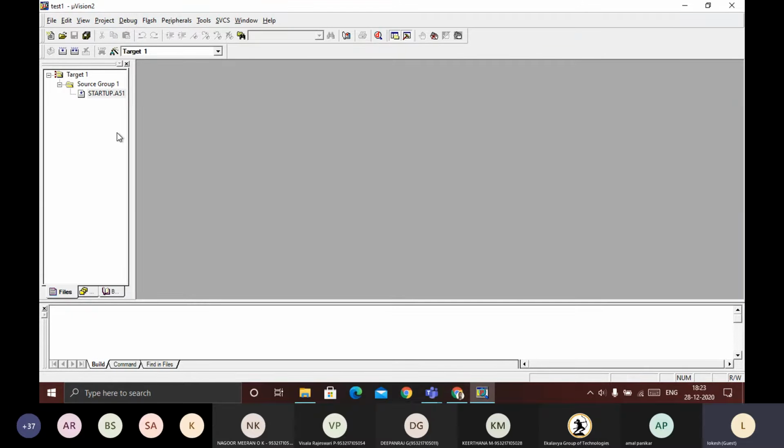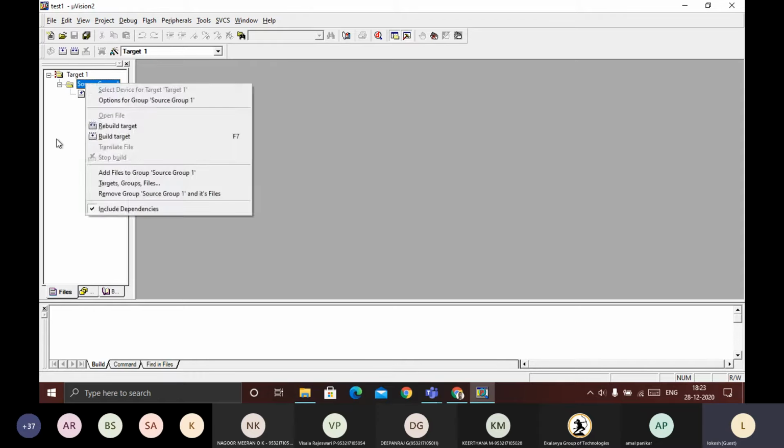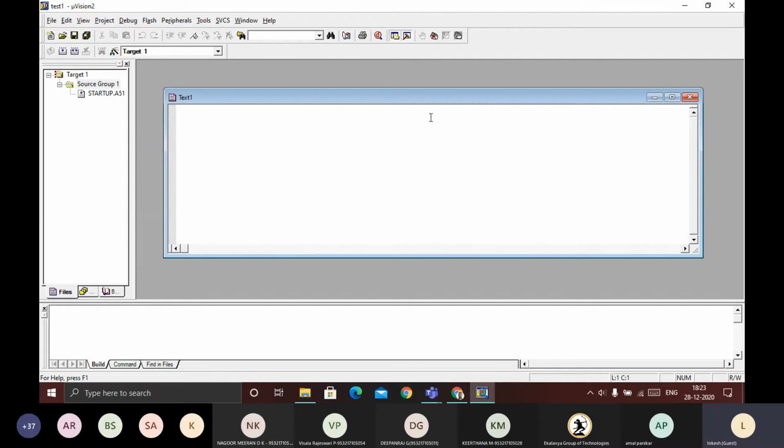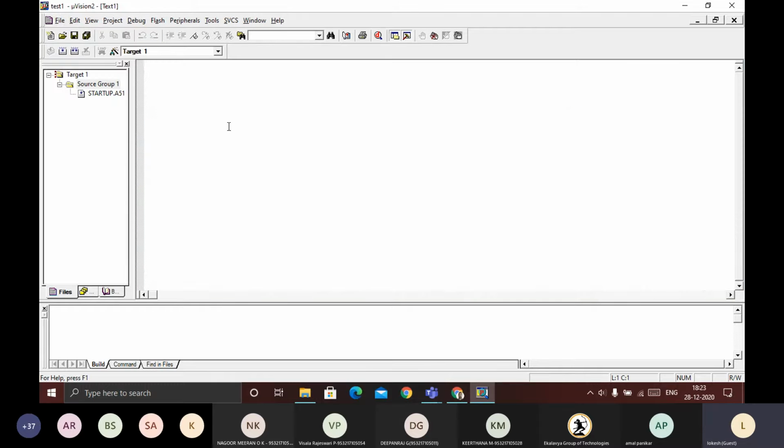Next, what we require to do now is to create a file. Go for New. Then write down the program, whatever program we have discussed so far, you need to write down here. Something like this: #include <reg51.h>.